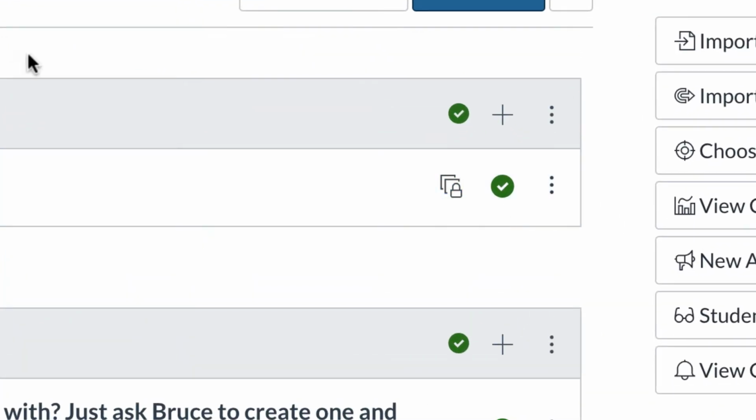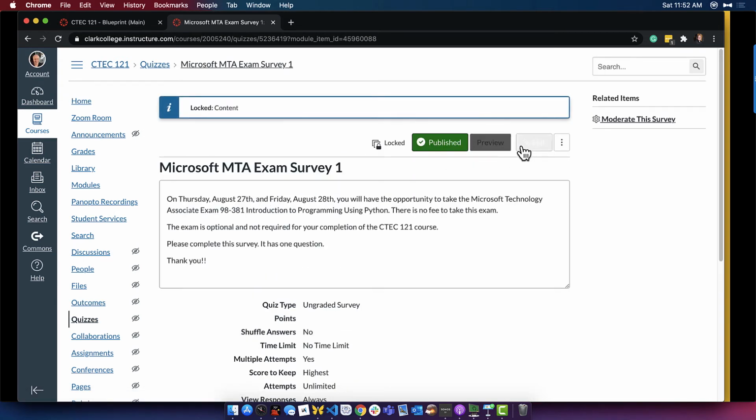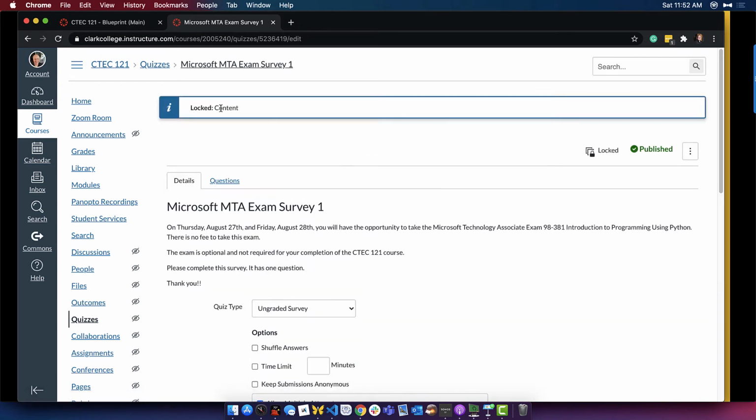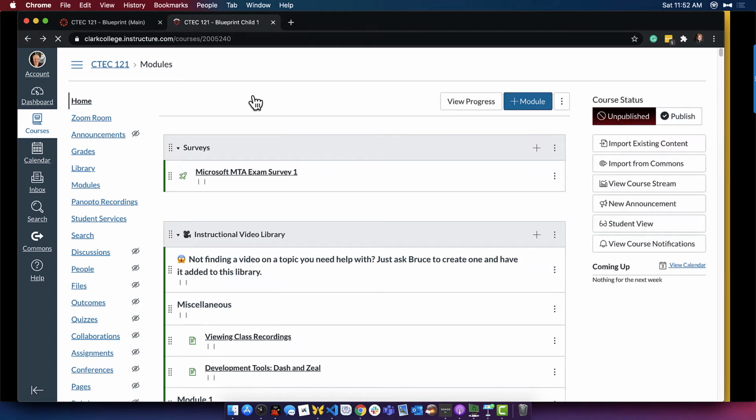That means, let's say that you have another instructor teaching your class. I'm in the child. If I go in here now as the instructor and I try to change it, it won't let me because the content is locked. So just know that you can lock certain content such that maybe other teachers who may be using this course shell cannot change it, because your main shell is the thing that needs to control everything.